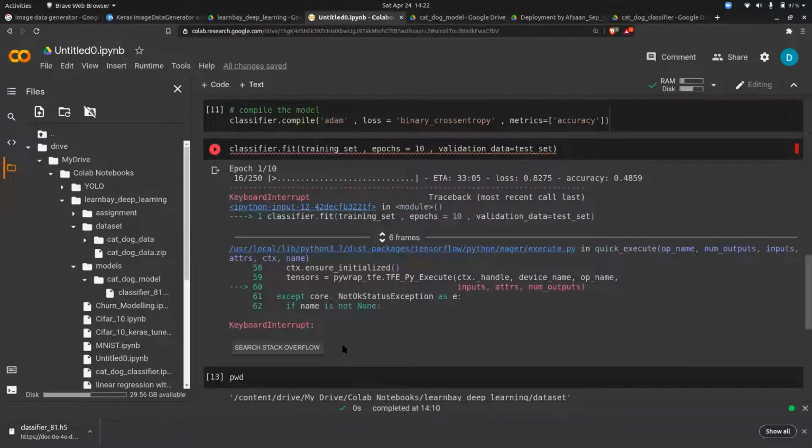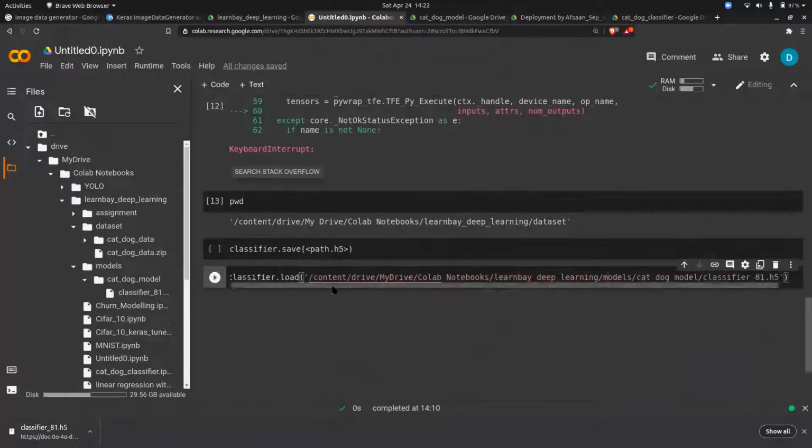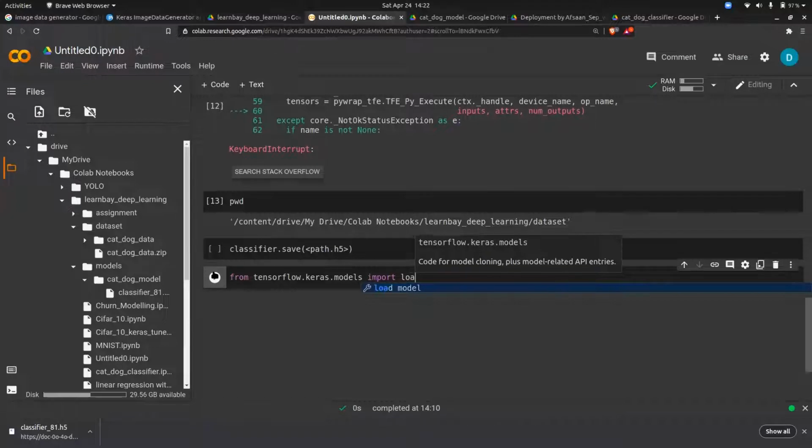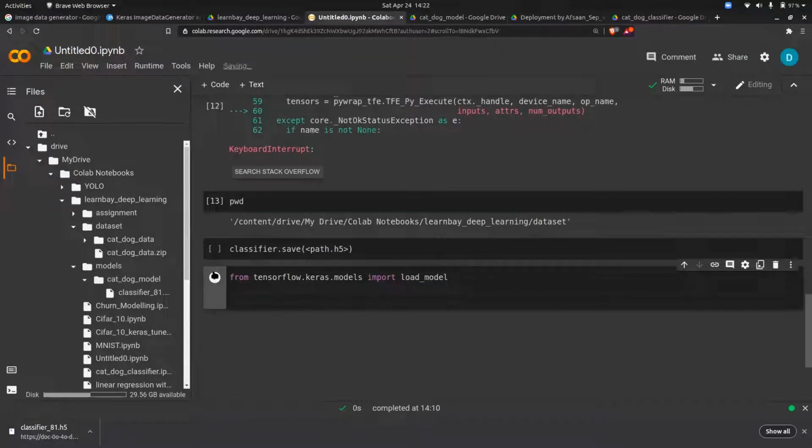Once you have done that, the first thing you have to do is call a library. The library is from tensorflow.keras.models import load_model. After doing this, only then can you load the model.